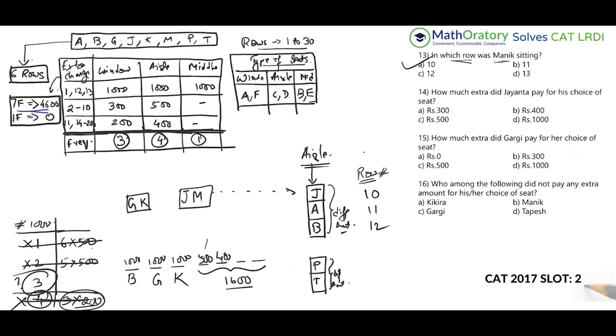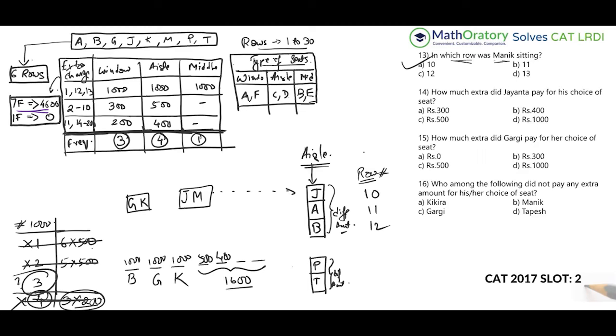So you have one 500 and one 400, right? Now that is adding up to 900. So you need 700 more. Now this 700 could be done either with the total of 200 and 500 or with a total of 300 and 400. Also, let me put a tick mark for the amounts that we already know. So I've written down these 8 people up top. I'm going to put a tick mark, or just I'll strike out the names.